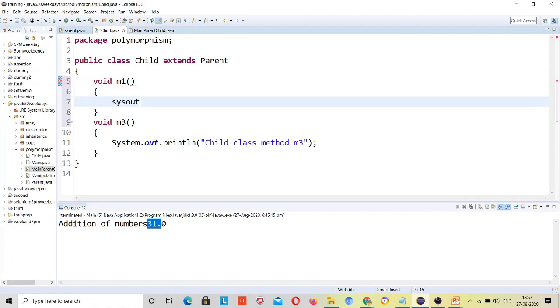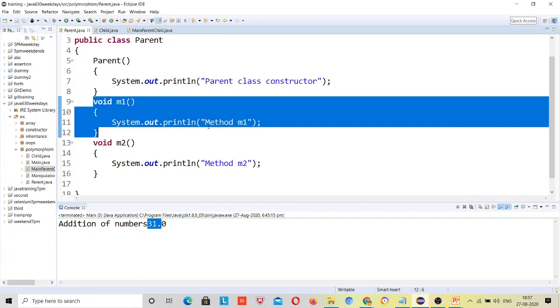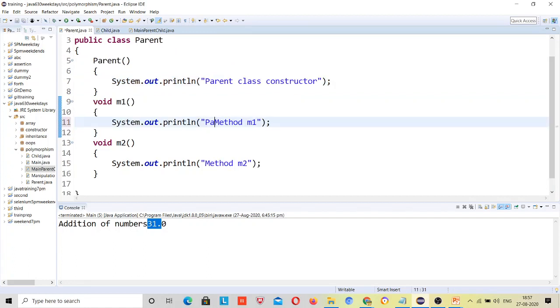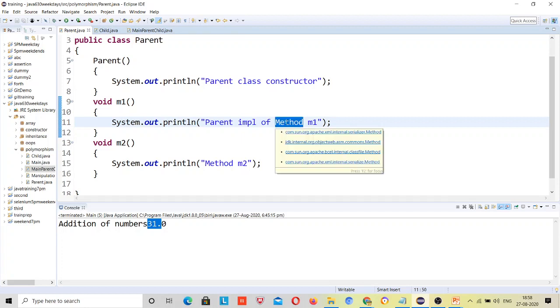This child class will say that my child implementation of m1, right? And this I will write for the parent so that it will be clear, parent IMPL of method m1, right?